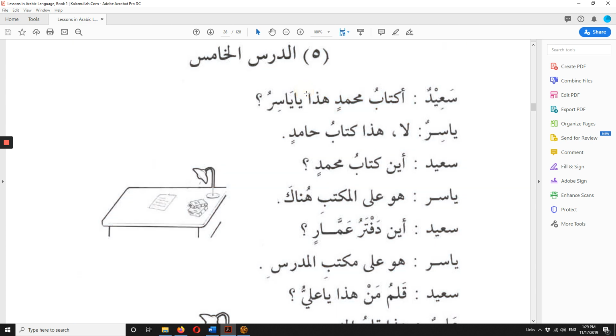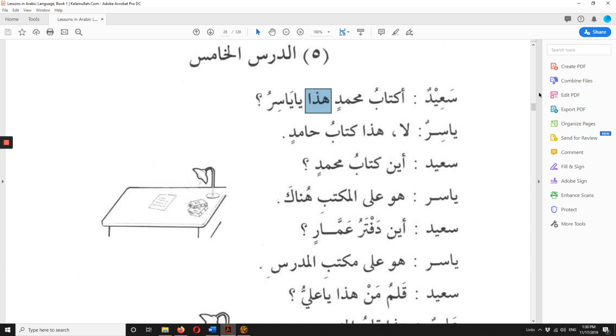And then we have this, hadha. So why is hadha way after kitab? If we're talking about this book, as we've seen in the very first lesson, it should be hadha kitabun. This is a book. Or hadha al-kitab. This is the book. But most of the times when you have idafa, possession, you'll see that hadha